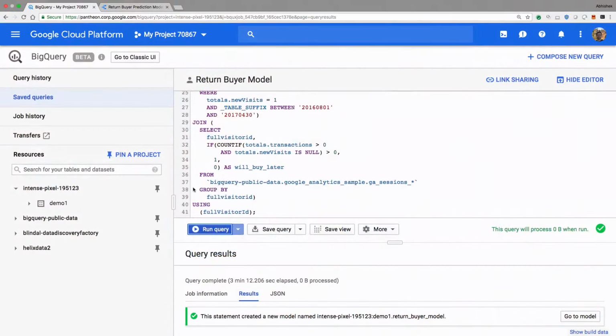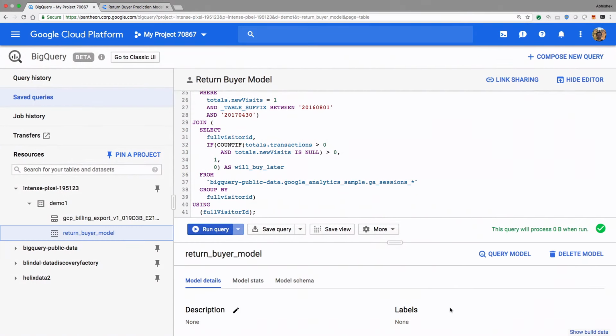Cool. Exactly. And let's see if the model finished. So it did finish in 3 minutes and 12 seconds. Okay. And if we just go to the model,